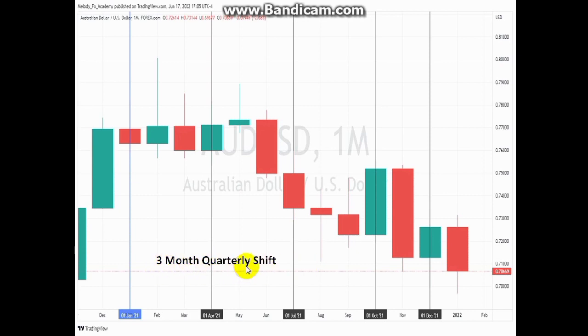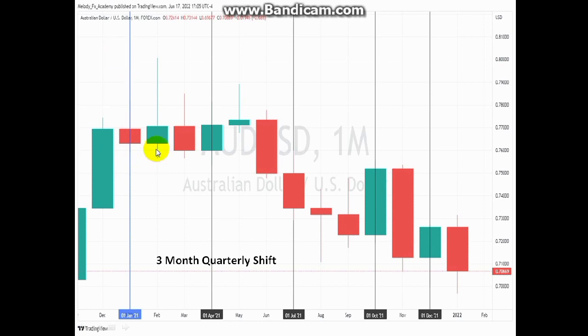So now how do you place your vertical lines? Starting from the first month of the year, which was last year, obviously January. The first month of the year is January, right? So as you can see, we have the time right here, January. You count the first 3 months: January, February, March. Remember, this is us using the 3 month quarterly shift. Obviously the first 3 months in the year 2021 saw a kind of consolidating market